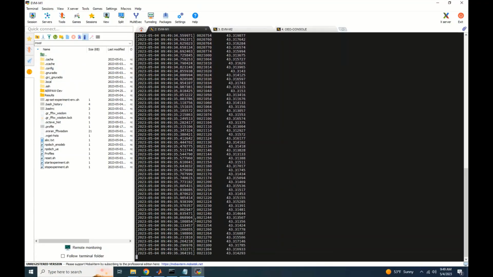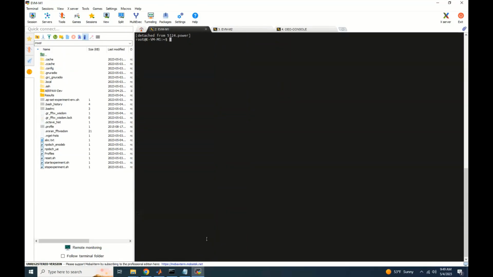The second column is the address. It increases. So we can go back by Control A, Control D, and then we can go to the other terminal,